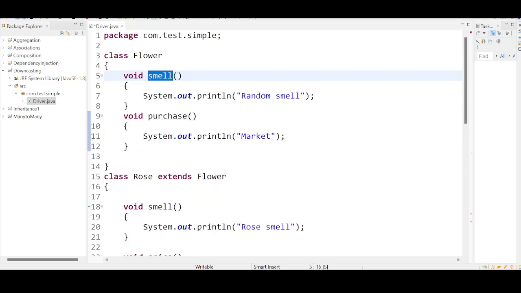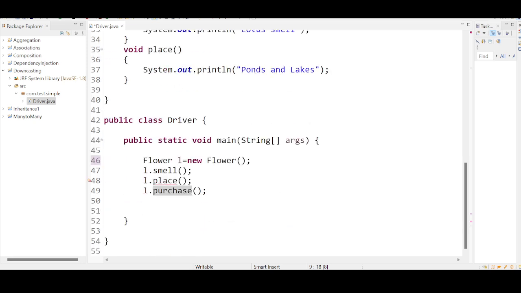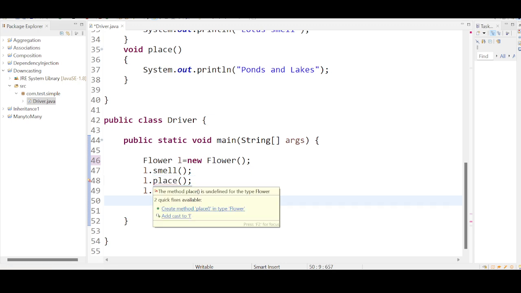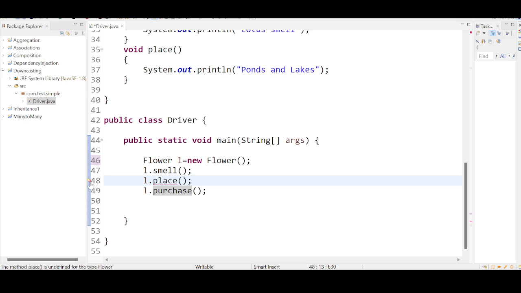One is smell, the second one is purchase. This can be accessed, this can be accessed, this cannot be accessed. That's why you are getting this compile time error. You are able to see an error mark here, right? Let me remove this. Okay, and when I do the object creation like this, Flower